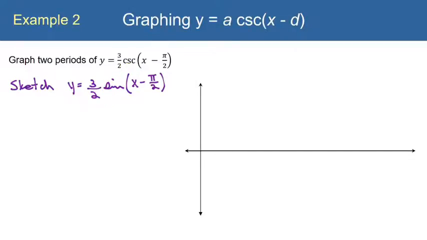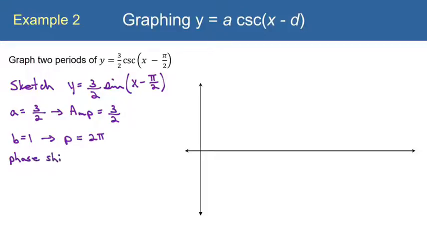that you need. So here we see A is 3/2. That means amplitude is 3/2, which is like 1.5. And B is 1. You see here, remember, B is the coefficient of the x. So B is 1, that means period is 2 pi. Remember, the formula was 2 pi over B, but when your B is 1, period is just 2 pi. Now the phase shift you can see here is pi over 2 to the right. And so